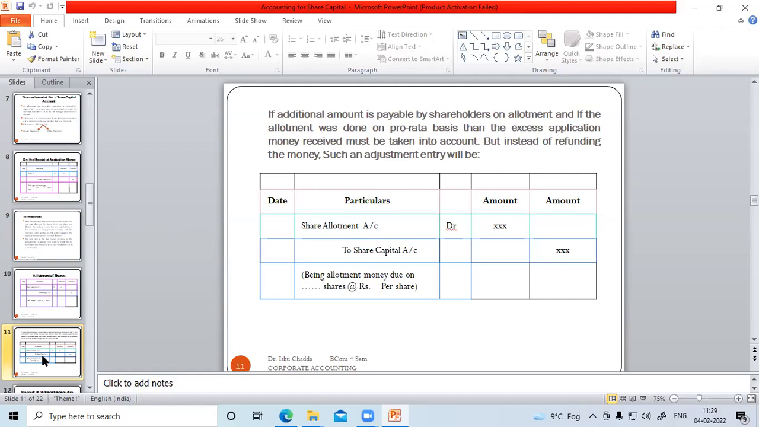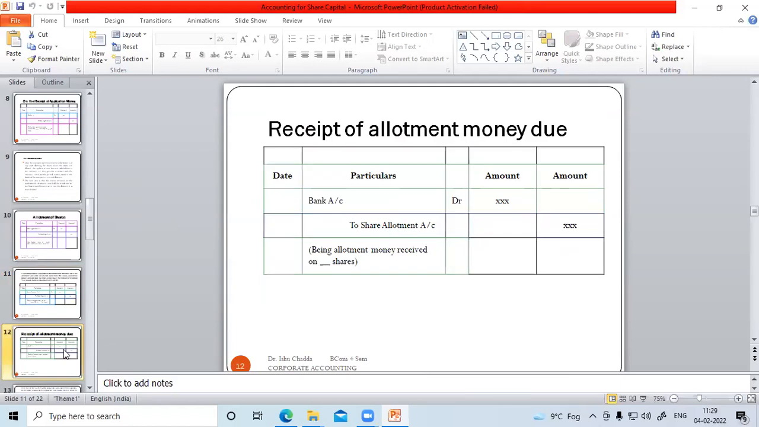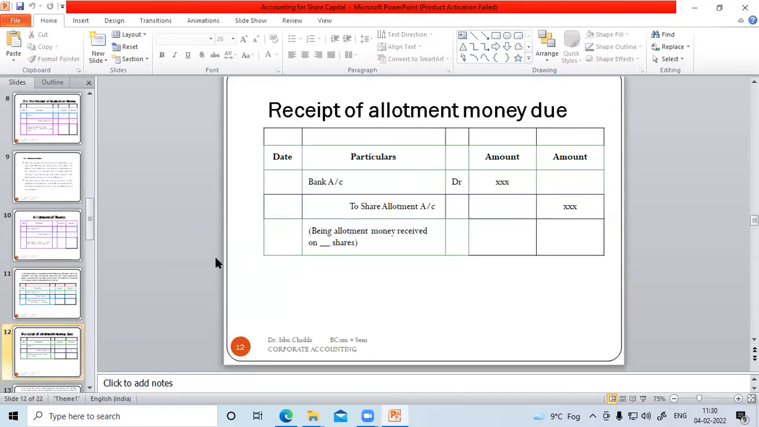Share allotment account should be debited to share capital account if you have to adjust any money for subsequent calls. Next, you have receipt of allotment money due. If you received any allotment money which was due, then you have bank account debited to share allotment account. Next, you have